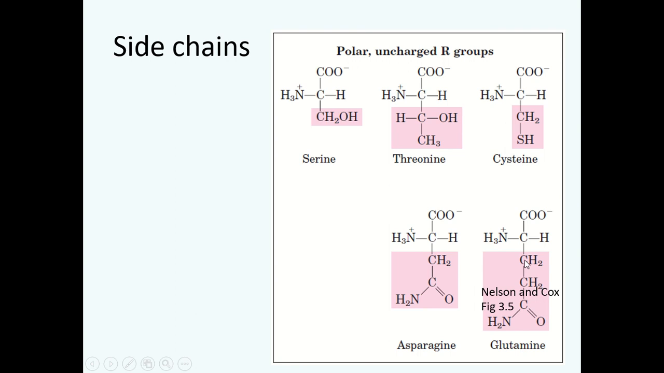Similarly, for glutamic acid, there is a propanoic acid, a 3-carbon chain containing a carboxyl acid on it. So if the carboxyl undergoes condensation with amino and forms an amide bond here, this will turn into glutamine. So if you just follow this series of